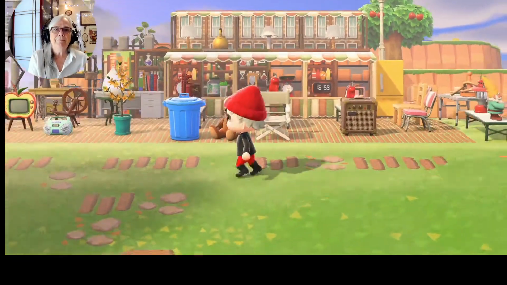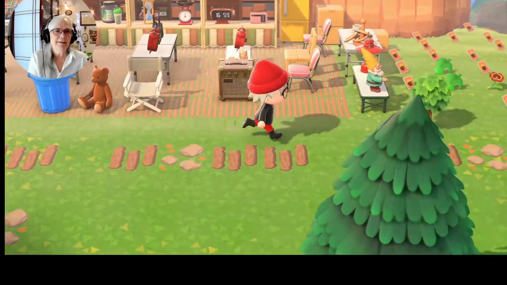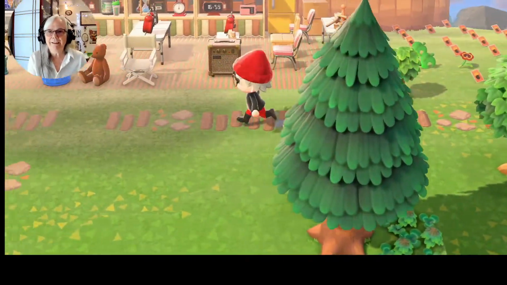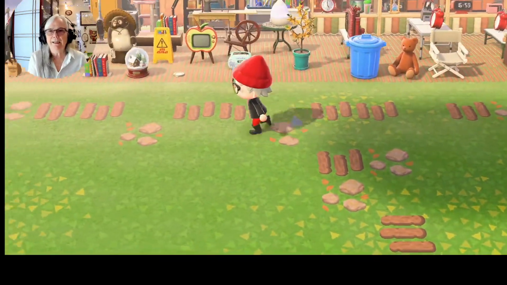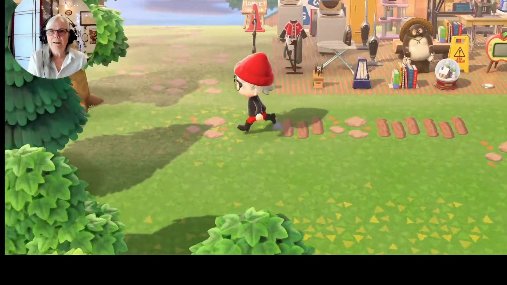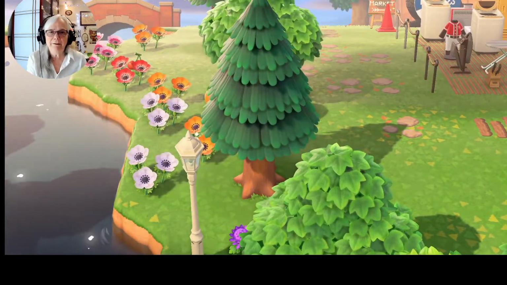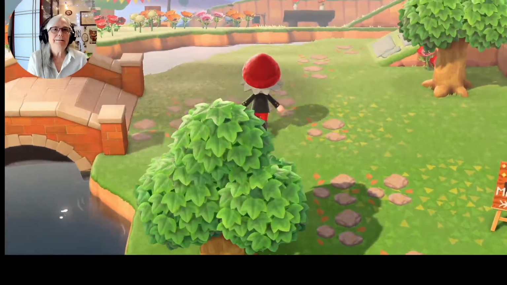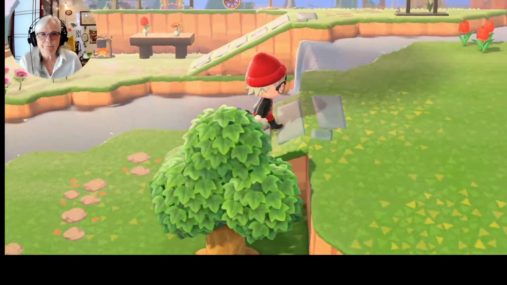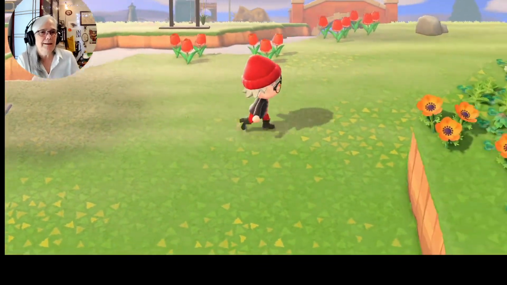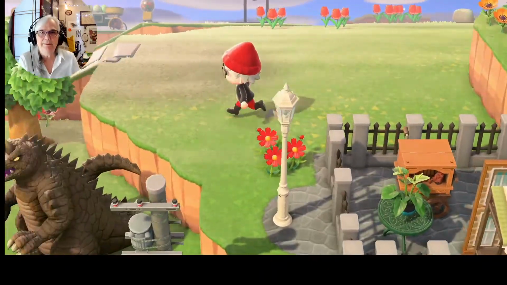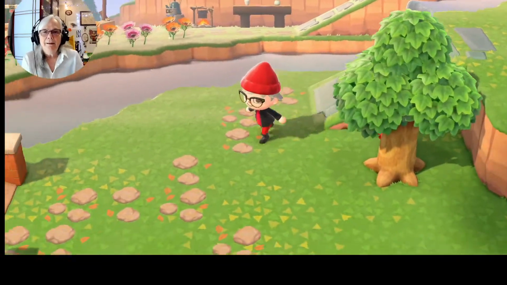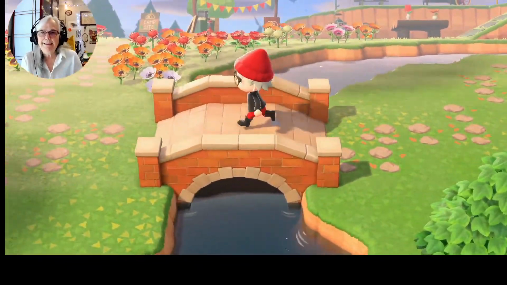Let's see what I can find at the flea market today. Let's go see if we can find the kitty cat. Where's the kitty cat? Kitty cat. Oh, shake your fruit down even if you don't want to pick it up. It's an important tip. Alright, I cannot see the cat anywhere. All this is going to be developed someday. I am so proud of my island.